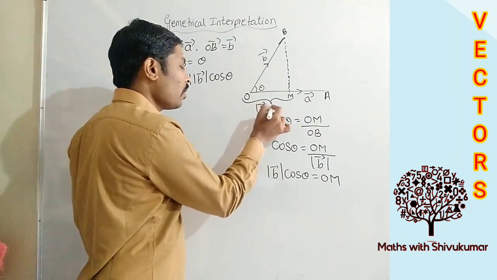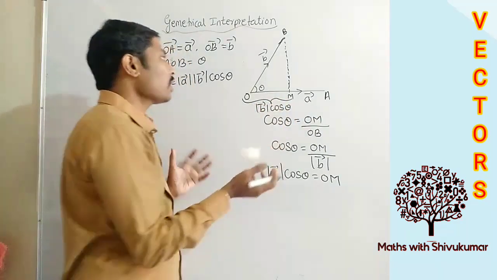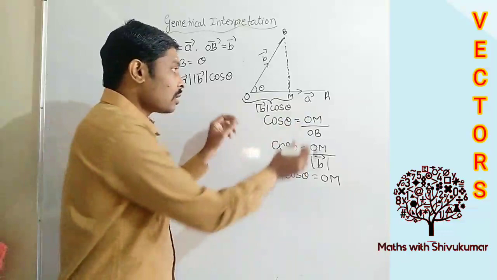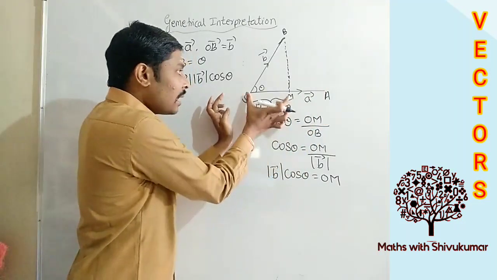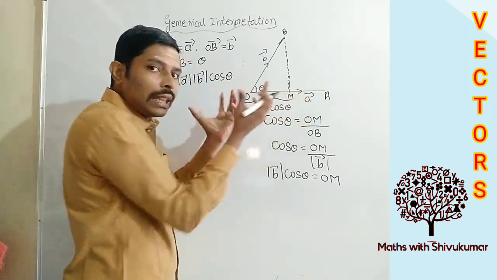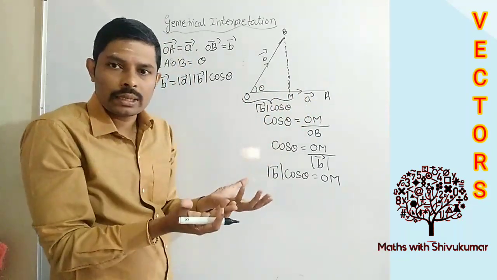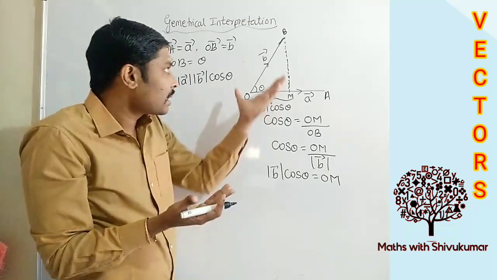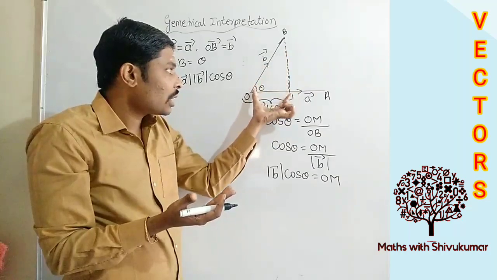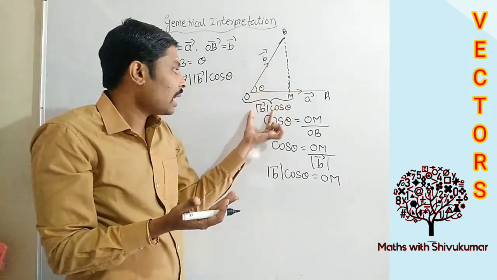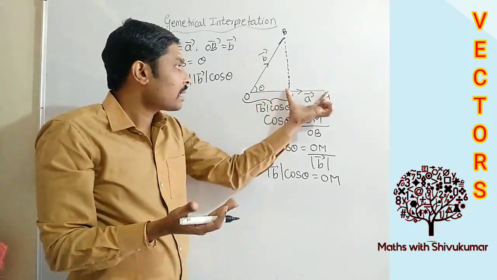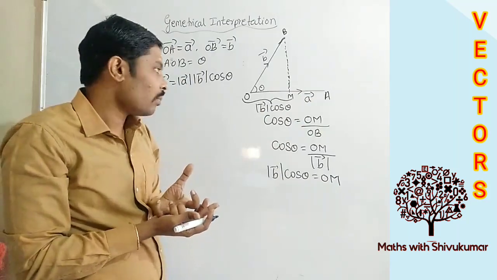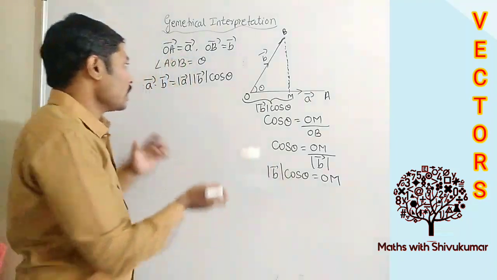That is what, students, geometrically A dot B means. In this direction only we are calculating. So the magnitude of A, then this OM, that product we will take. That is actually the geometrical meaning of A dot B. Is it understood? What is the geometrical meaning of A dot B? It is nothing but we take the projection. Its projection comes here, so this value is B cos theta, into this A. If you multiply in this direction, you will get A dot B.